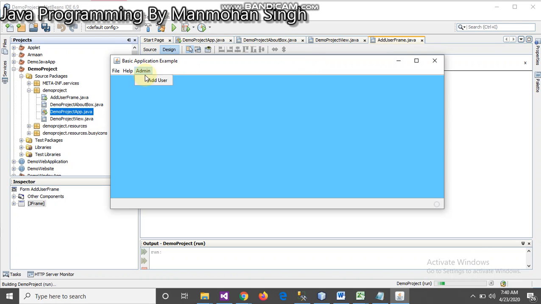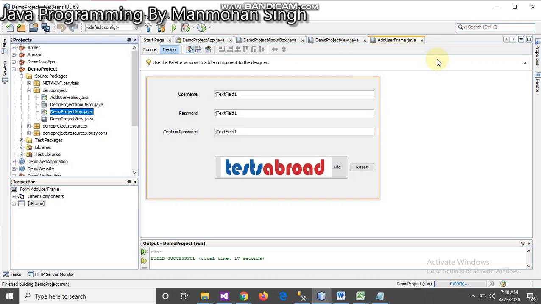Just open this from here and now close this. Now see, we are back to our frame. So this menu frame should not hide. As you can see, NetBeans is not hiding when we are closing something. Now you can close it from here, right? In this way you will get an assignment related to this, and you are supposed to complete that today. That's it.